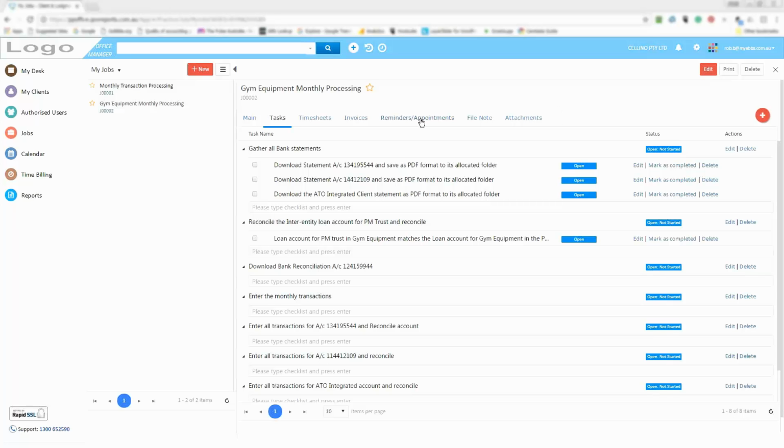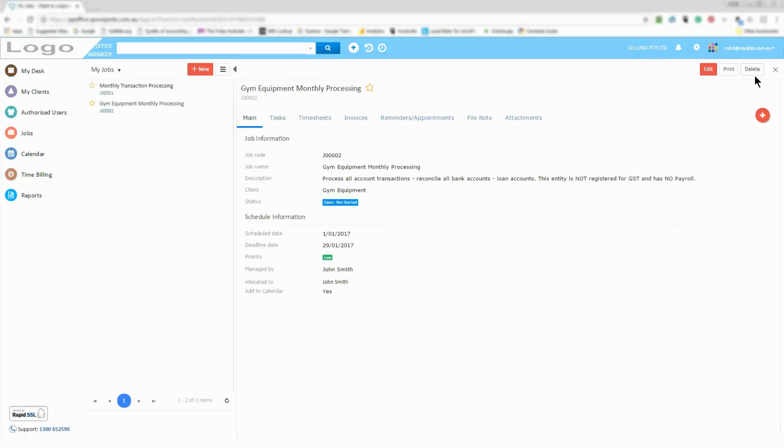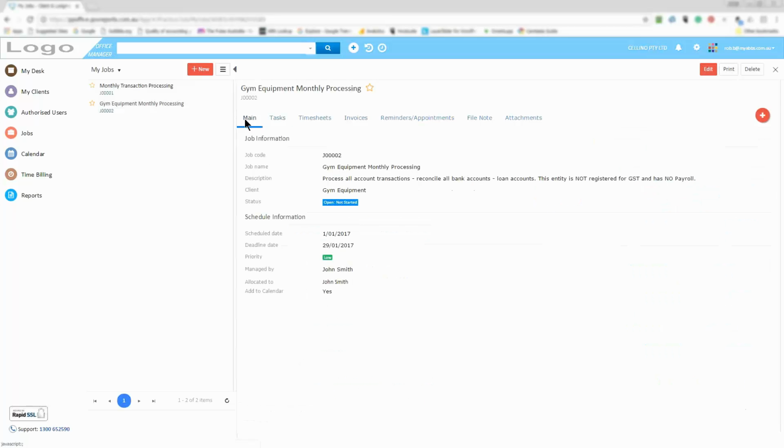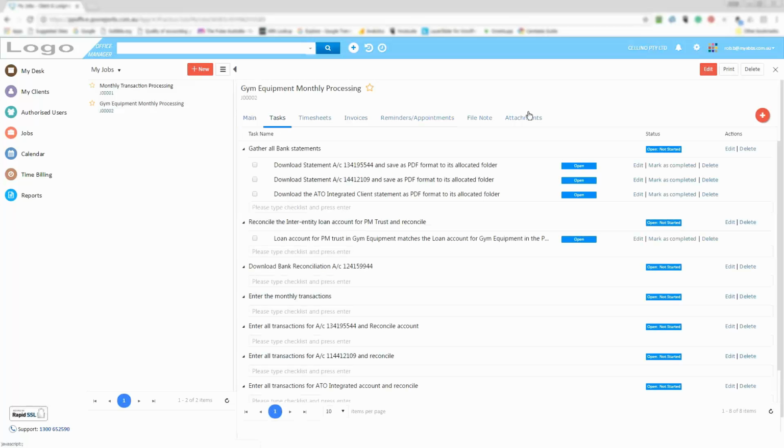To answer the first part of that, Alison, yes, these can in fact be deleted. Over on the top right hand corner you'll see there's a delete button. If we go into tasks, each of these can also be deleted. The same thing, they can be edited, so deleting is fine. In terms of printing, there is a print button up at the top. So I'm assuming from the main you've got a print option here. Now I haven't actually used that one, Alison, so